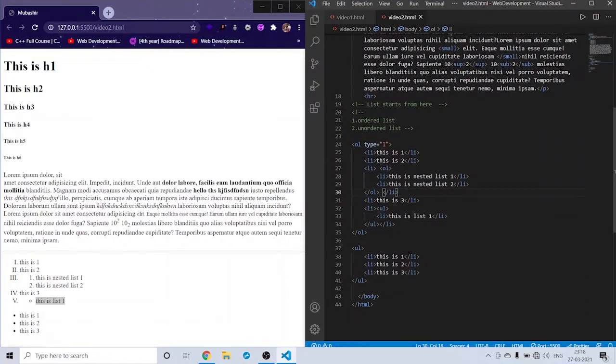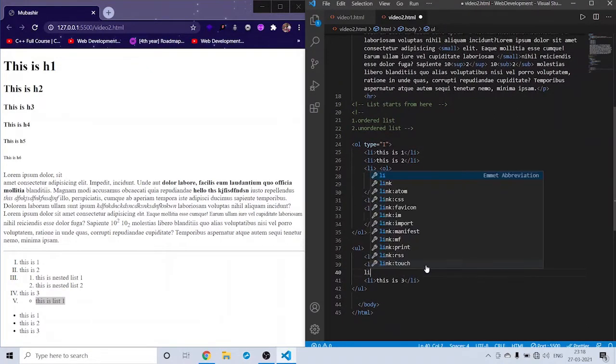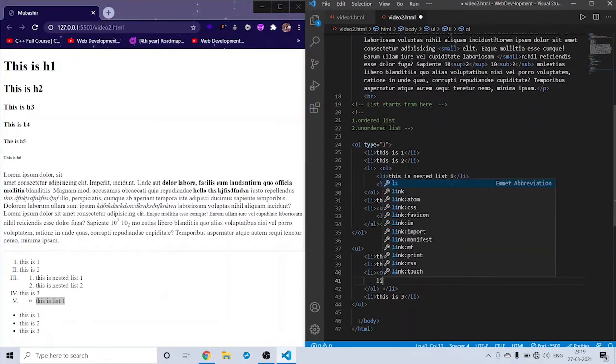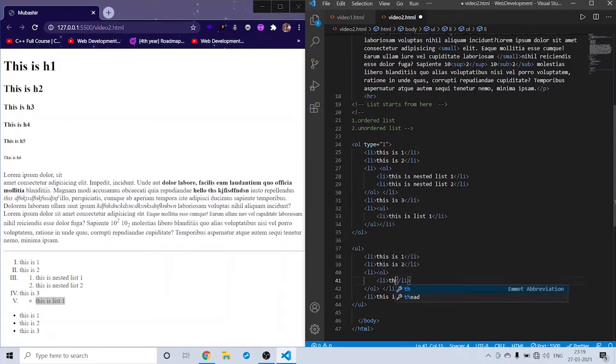If you want, in the UL also you can do the same. First you need to give a list item, because this is part of this UL, this is also called a list. So in the list item, now I'm going to give OL here, and again the list items, this is 1, and you can copy this here and make 2, save.